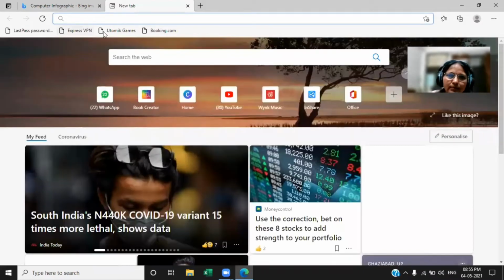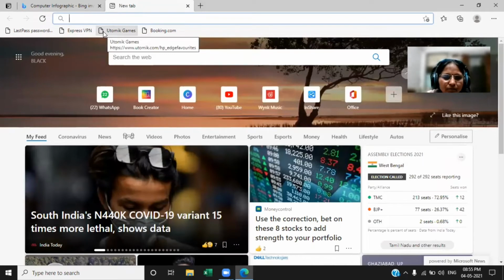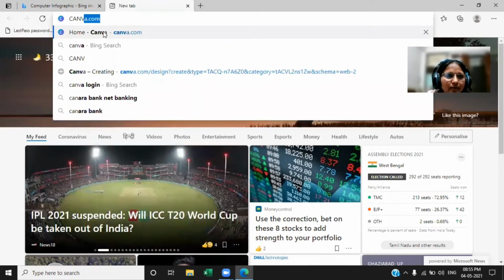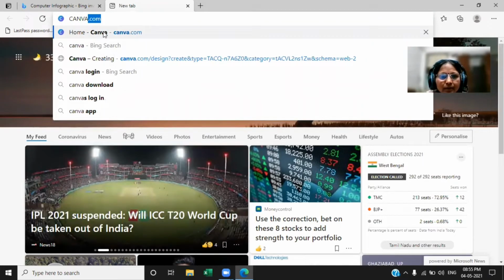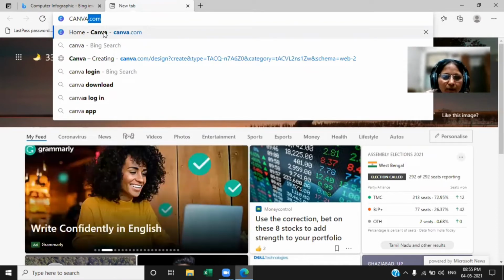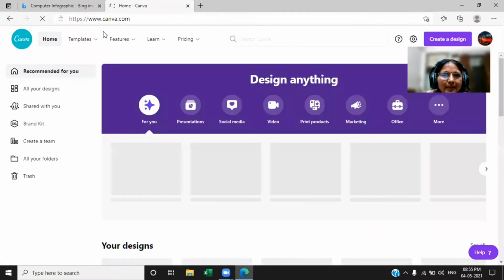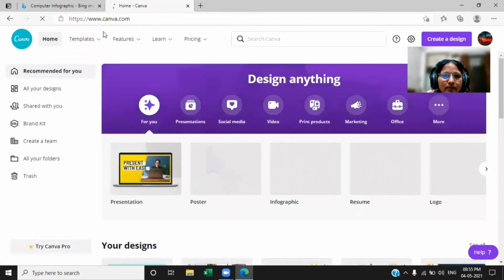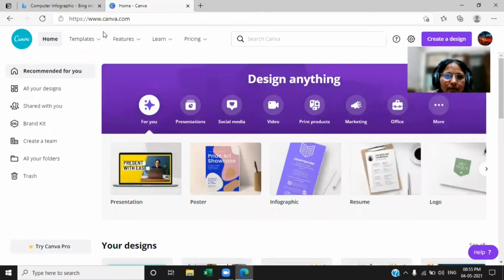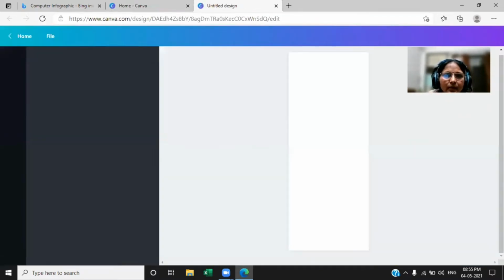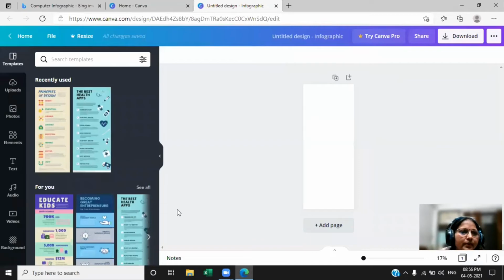So for this, first thing first, you should work in Canva. As I told you earlier also, Canva always works online. So you have to open the website canva.com. So it is opening here. As it is open, this is the first screen. On the first screen, you can see different types of presentations. Since we have to design the infographic, double click on the infographic. Now the infographic has come over here.